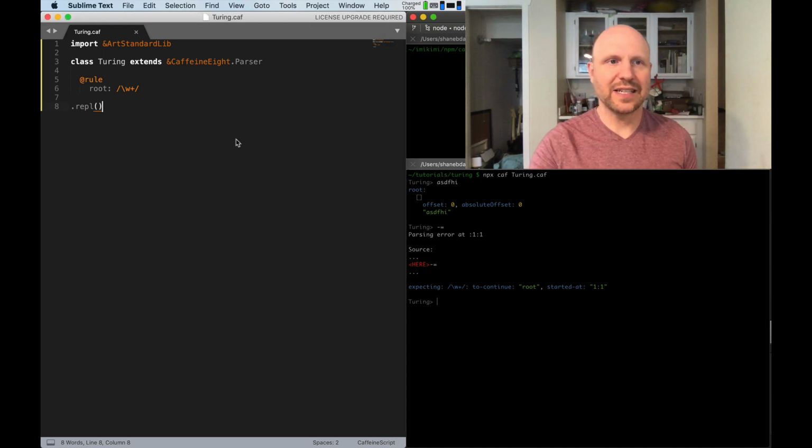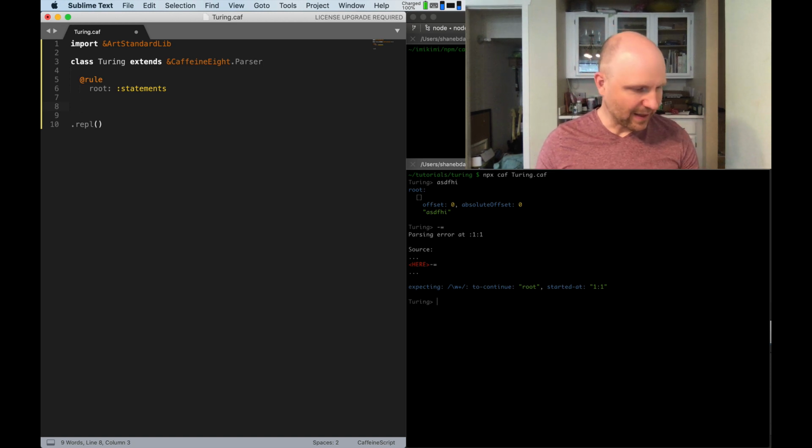Great. Let's continue. So now we're going to start cramming through stuff. So we need to be able to match statements. It's going to look a little bit like a mishmash of languages, but kind of Ruby and C and C++, those kind of category JavaScript. It's going to be a little bit like those things, but a little bit different because I'm going to make it concise. So statements are going to be,